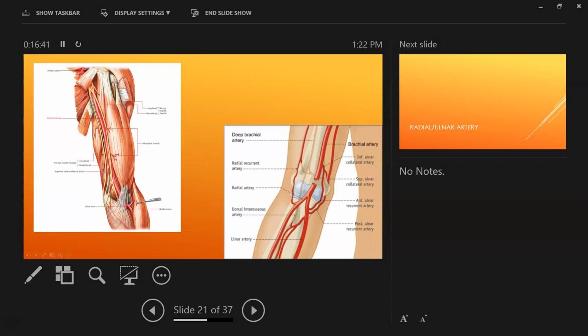When we're doing blood pressure, this is the artery that you are palpating. This is the artery that you're also trying to occlude when you inflate your cuff. This area here at the distal biceps is where we try to put